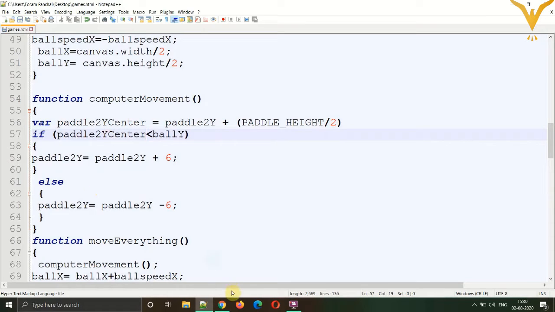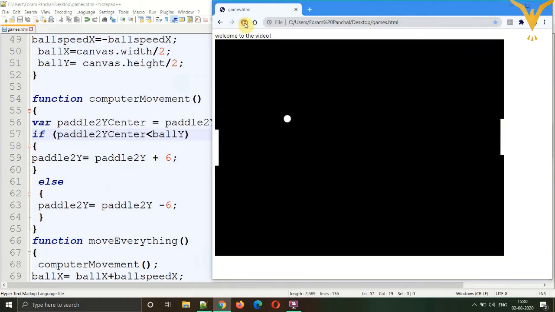Save, and let's refresh. Okay, so now you can see the paddle is attending the ball from its center and not from the edges. Now still the motion is very rough and it is like vibrating. So what we can do is, we can select some part of the paddle, which is the center part. We can take from the center 35 pixels above and 35 pixels below.